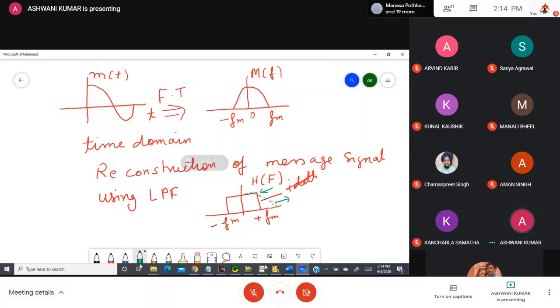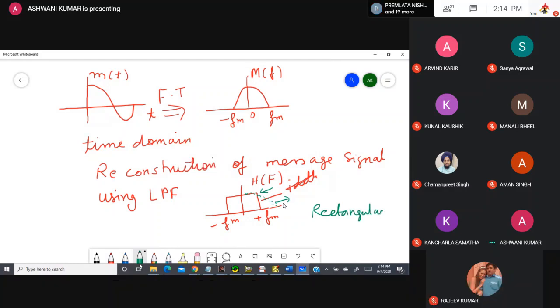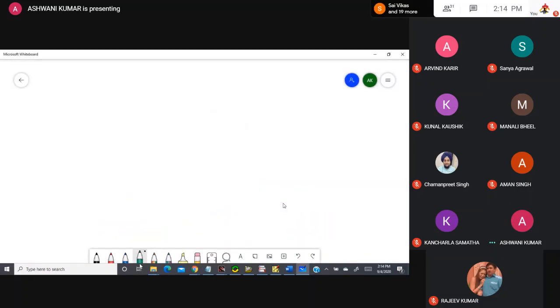So remember, when you have a rectangular transfer function, if you take the Fourier inverse of this rectangular transfer function, so that will give you... okay, one second.